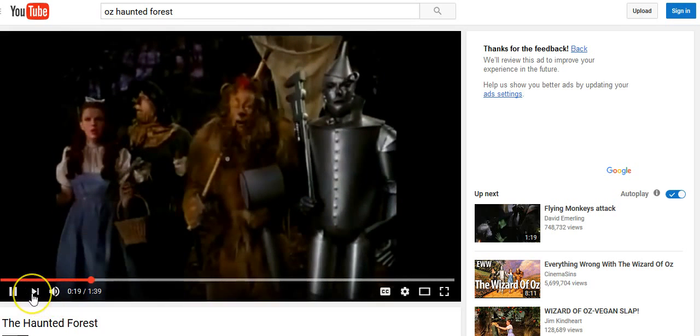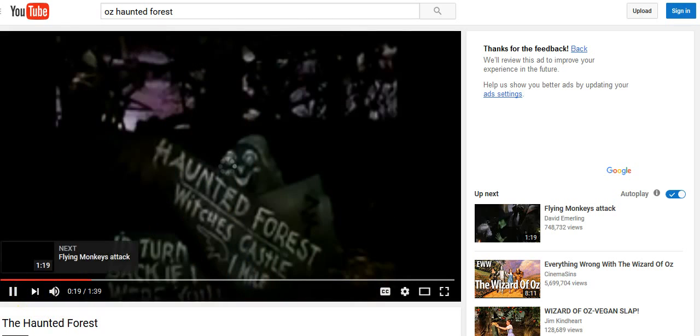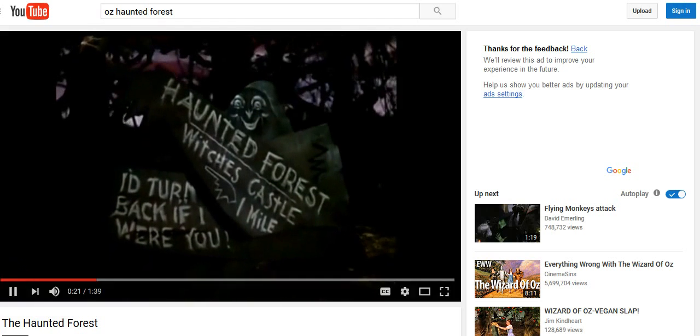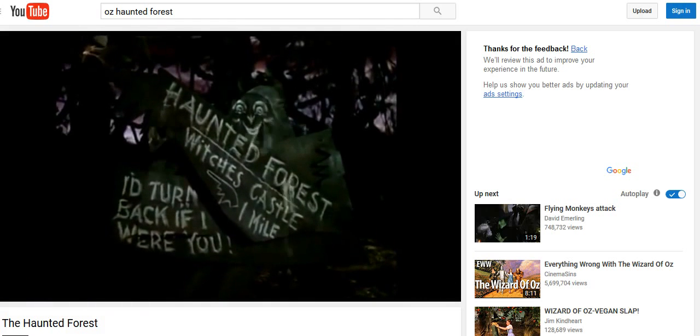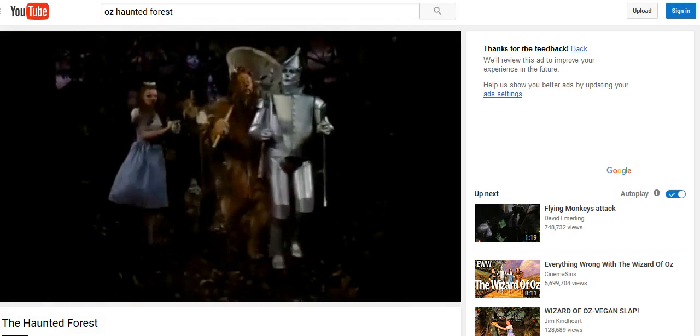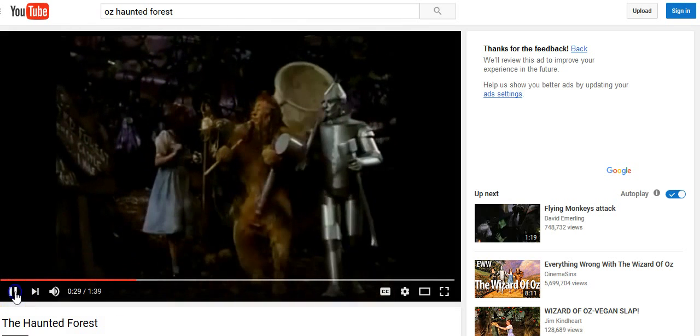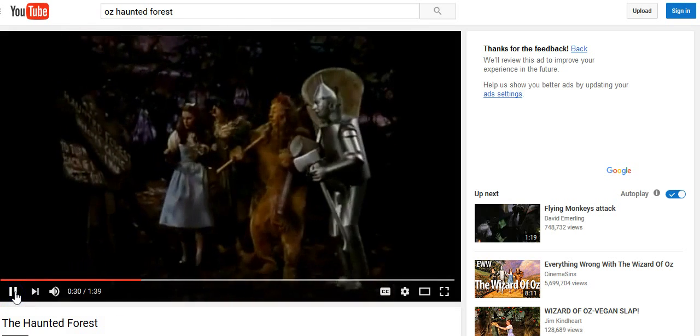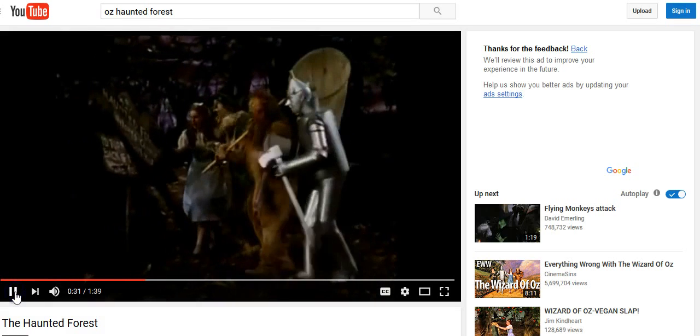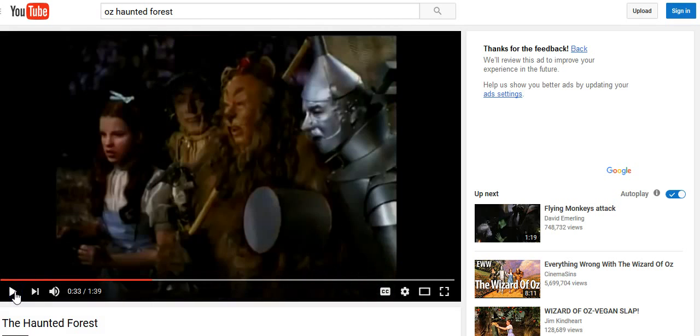Alright, but what I'm trying to point out here, and some people are going to say, oh, this is very subtle, it doesn't make any difference. I don't understand what you're pointing out or what you're getting at here, but just take a look, okay? Watch the right arm. Just watch Dorothy. She looks at the sign. She goes straight to the sign and puts her hand on it.